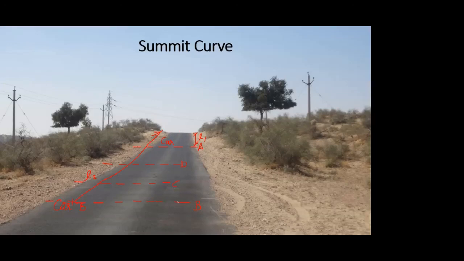But at the same point B, if I am traveling in a truck, if I am a truck driver, you know, it's a huge vehicle. The seat of the driver is also at a higher level with respect to the road surface. So at the same point B, the truck driver will be able to see that there is a vehicle coming from the opposite direction after the apex of this curve. But at the same point B, the driver sitting in the car might not be able to guess or see what vehicle is coming from the opposite direction.